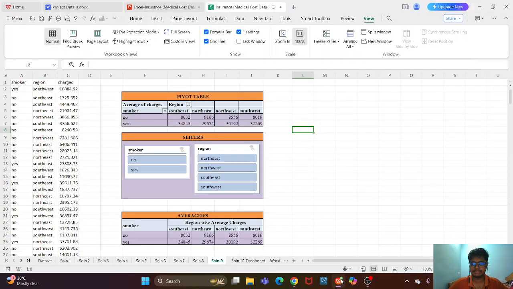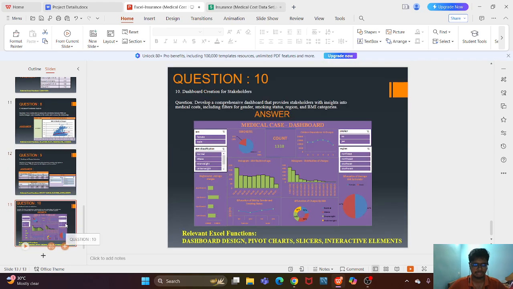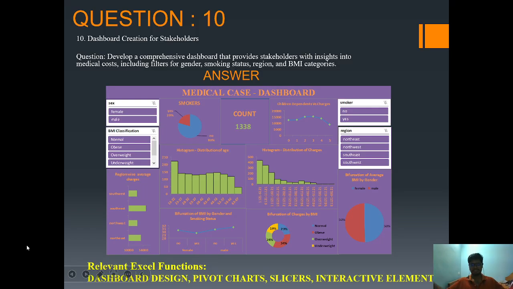Then the last one we are going to see is the dashboard. See, this is the dashboard I have created using Excel. The dashboard design includes pivot chart, slicer, and interactive elements. The question is to develop a comprehensive dashboard that provides stakeholders with insights into medical cost, including filters of genders over here. You can use the slicer for the genders also. Distribution of age, distribution of charges, bifurcation of BMI, and